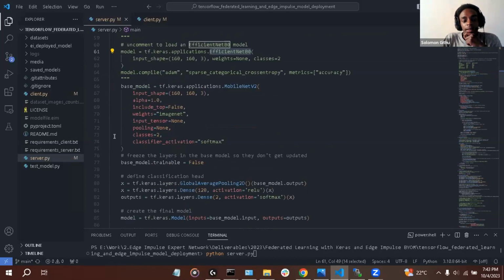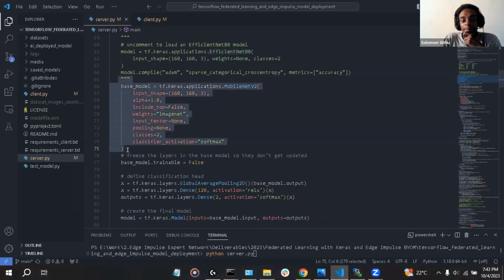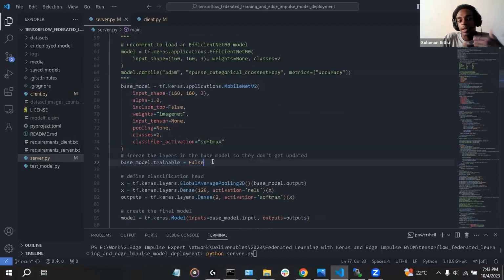The other thing that we do here, we load a MobileNet V2 model. Here we freeze the layers so that they don't get updated. What we will do here is transfer learning. We have a MobileNet V2 model that has been trained on a couple of objects. In transfer learning, we don't train the model again.